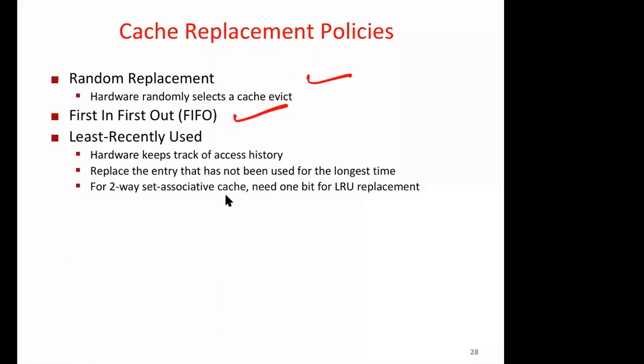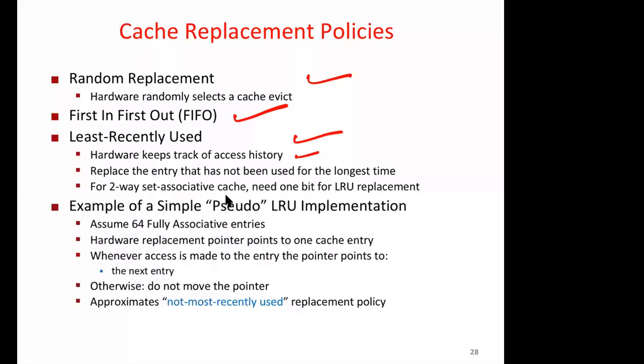Second is first in, first out. Whatever block has come into the cache first is to be removed first. Again, this is not a very efficient method, because if the first block that we have brought in is still in use, then this method does not work out. And third is of course least recently used. The one which you need to remove is the one not in use for a very long time, so it's unnecessarily occupying the cache. But we have to keep history, and it requires some extra work.